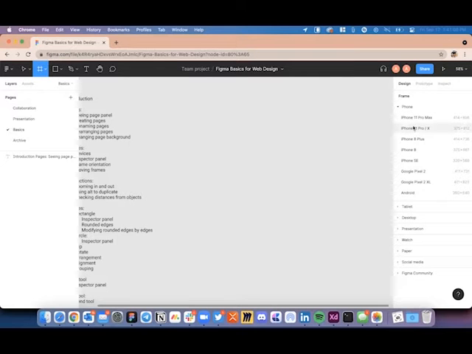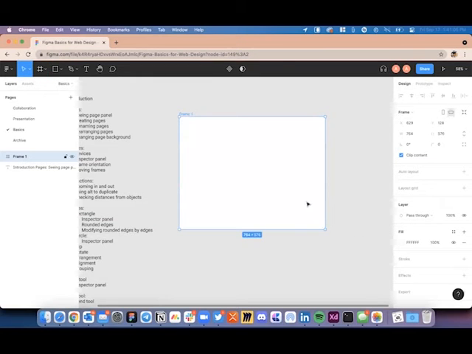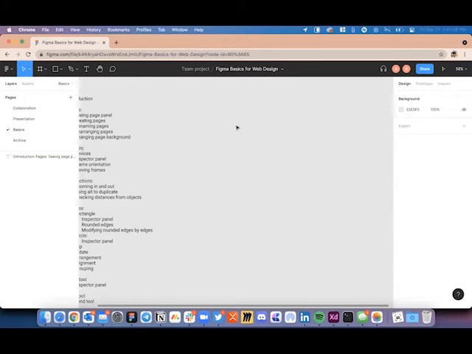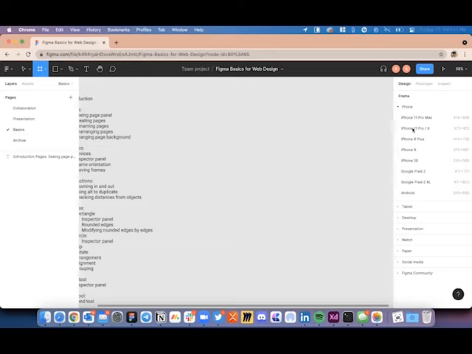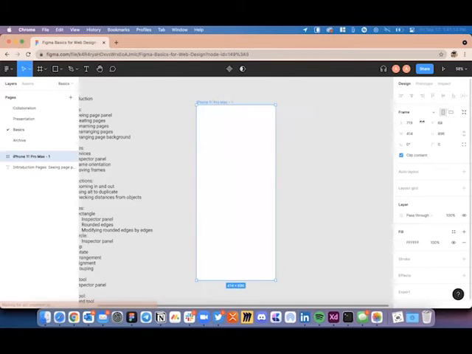So if I don't want to choose any of these predefined ones, I can just drag and drop my mouse to create a random frame. But if I want to choose a predefined set, I'll just go ahead and choose iPhone 11 Pro Max for presentation purposes here. Now, as I said, whatever you are creating in Figma, be it an object or an